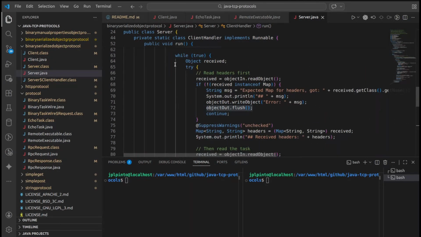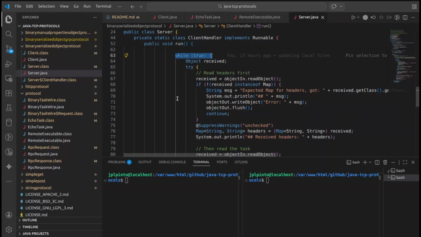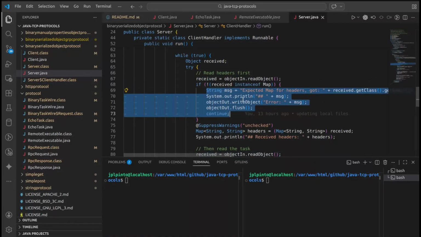So what we are doing here is this while true. We are doing a while true because after the client is connected, the client can send multiple different objects, so the server can read all those objects. First we are reading the first object, which is the map, so we are saying read the object, and if this first object is not a map, it shows an exception. In this case, it does not show an exception. What it's doing here is sending an error basically